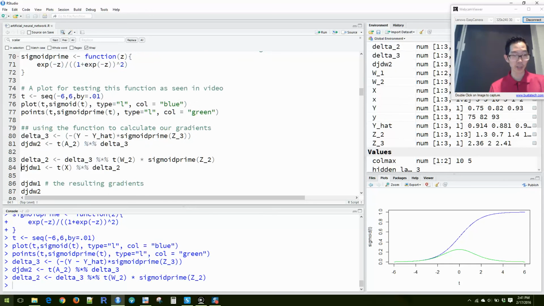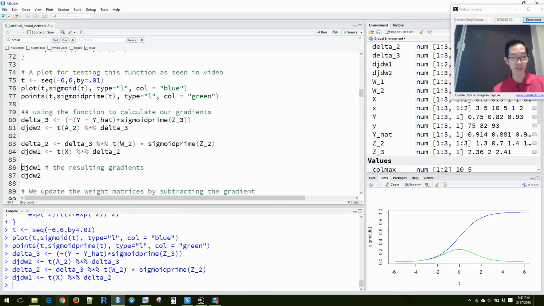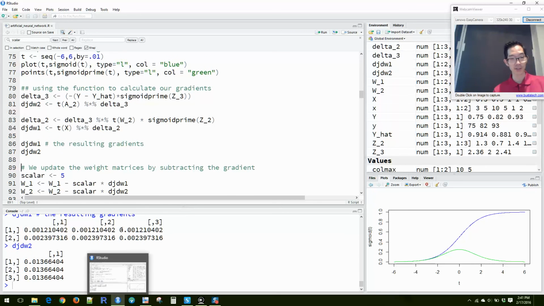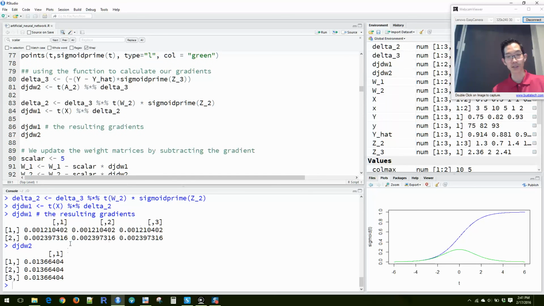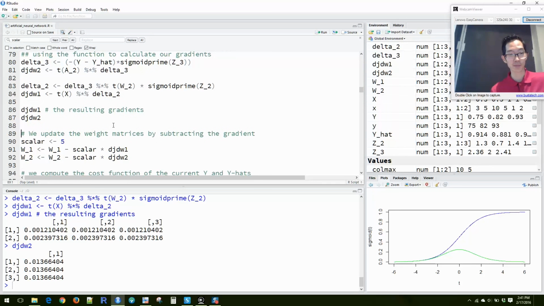Okay, so we have this, and these are the resulting gradients at our current location where all of my weights are 1, 1, 1, 1, 1. So these are the current gradients. And so we might ask, well,